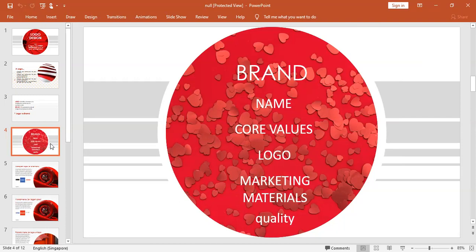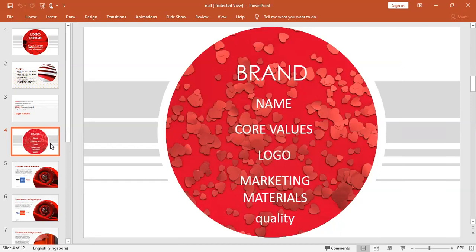You can add core values and a logo, which might be your face or a camera logo, whatever. It must be related to the field you are designing that logo for. That is important. And then you can add some marketing material if it is possible, because we cannot add everything to a logo. To maintain quality and show that you are doing something in a professional way, to show your professionalism, you can use marketing materials as well.